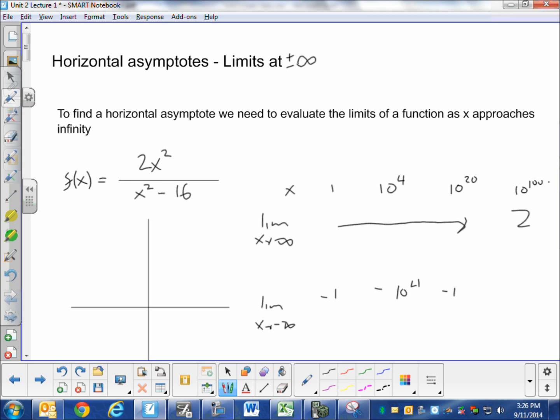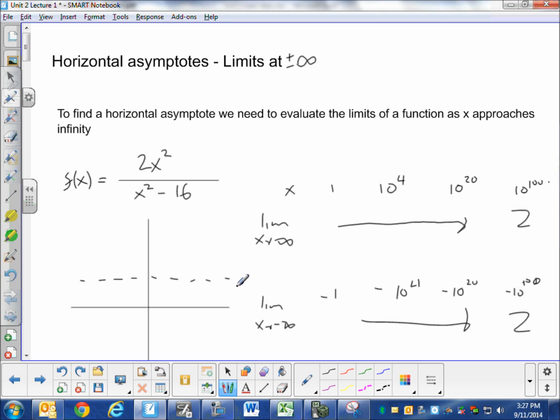Huge, huge values. Not 1,000. 1,000 is small. Not 1,000,000. 1,000,000 is small. 1,000,000,000 is small. 1 followed by 100 zeros. That's starting to get there in terms of what we're thinking about in terms of big values. Okay? So this one would also be 2. I can't tell you why yet, but I will, because there are going to be guidelines with these limits at infinity. Today. Now what's great is after we learn this, and we learn that we have an asymptote at 2,